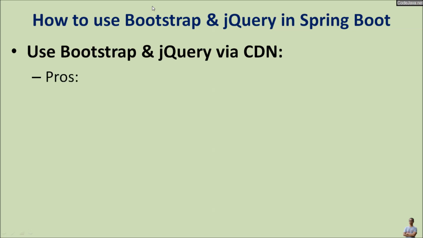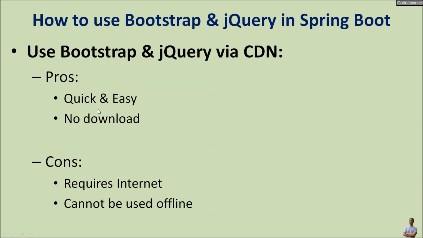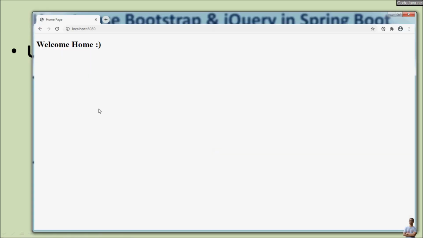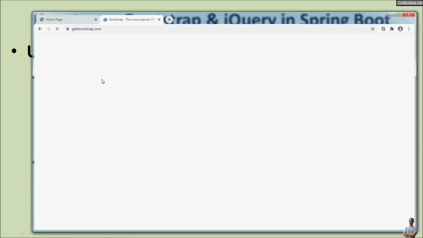We will refer to the library files of Bootstrap and jQuery from a content delivery network, so it's very quick and easy and no download files are required. But the drawback of this way is that our Spring Boot application will require an internet connection, so it cannot be used offline. Now head to the homepage of Bootstrap, getbootstrap.com,